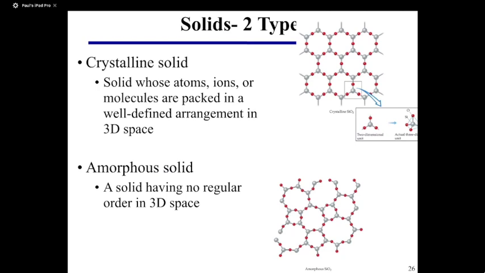Alrighty, so we got two different types of solids, crystalline solids and amorphous solids. And so the difference being, one is regular and repeating, the other one is just put together. Now, we get a lot more information from the crystalline solid, and in actuality, we look at crystalline solids quite often because most of our ionic compounds fit within the crystalline structure form. The amorphous solids tend to be solids that are molecular in nature, and we get a little bit less information